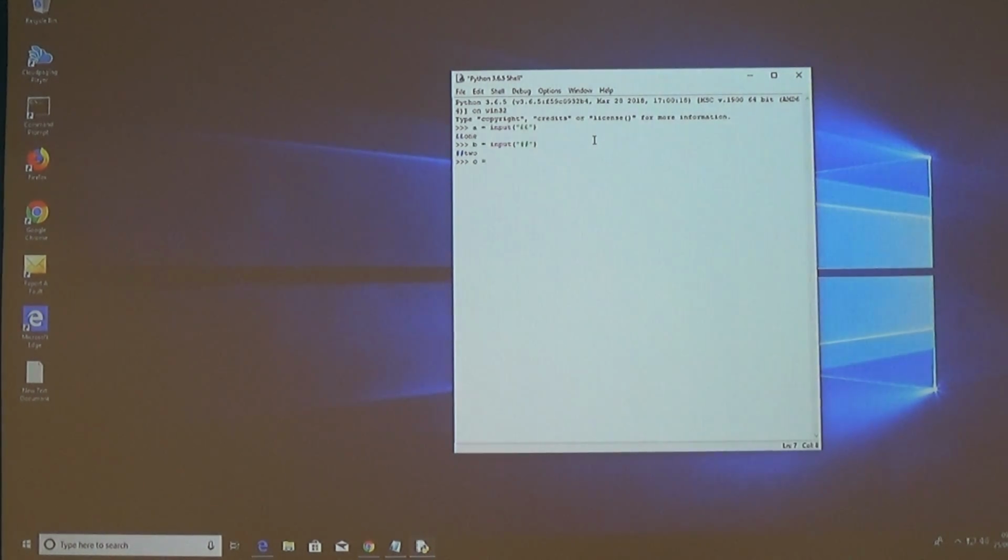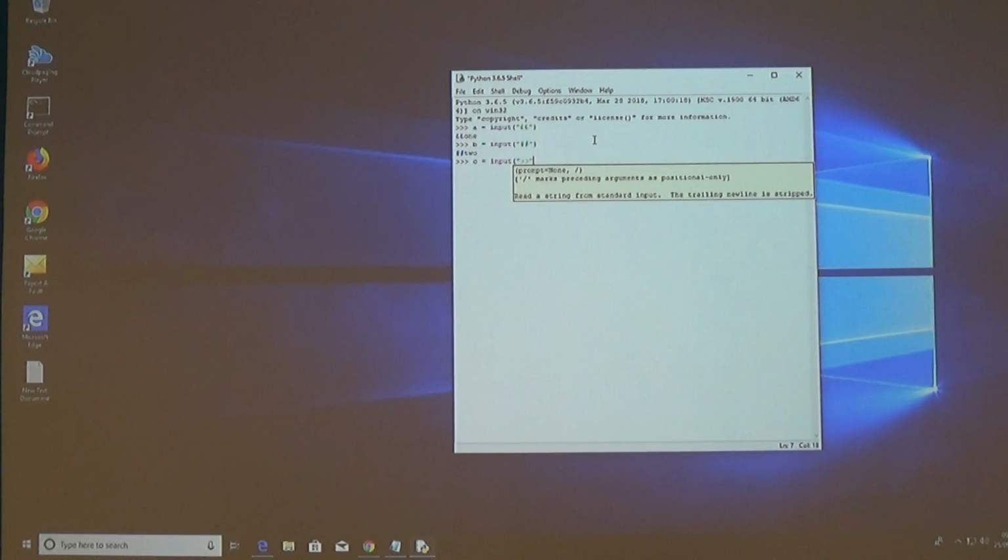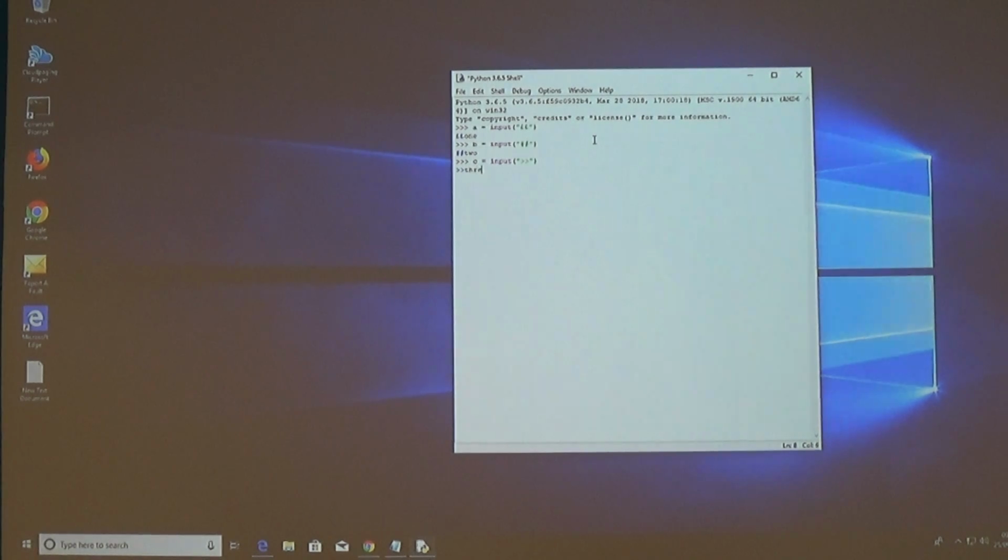I'm going to do the same thing, and this time I'm going to use the double right arrow sign instead of three arrows like Python uses, and on that one I'm going to type in T-H-R-E-E for 3. Hit return. Now not much seems to have happened, but from the previous little chunk of video, what you should realise is that A should contain the first string I entered, B should contain the second string, C should contain the third string. I want to see those now, so if I type print A, B, C,